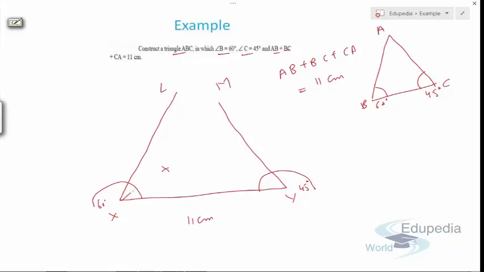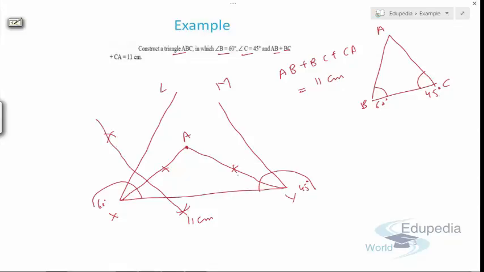So we draw the bisector of these two angles. Let's say we pass a line like this. Similarly we draw the bisector of this angle also. Let's say we pass a line like this, and let's say they meet at point A now. Next step, we need to draw the perpendicular bisector of AX and AY. So let's draw it. Open more than half a compass, then keeping A as this point, we draw one mark and then another.